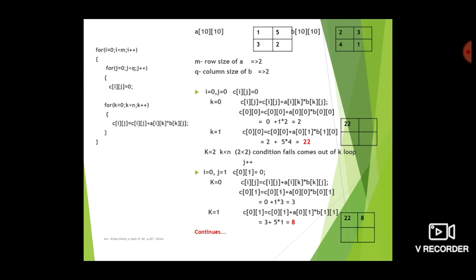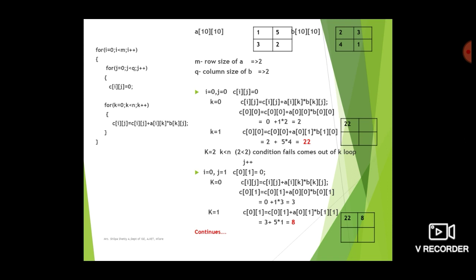This is easier. The i, j, k order will remain the same, but the conditions are: number of rows, so m, number of columns in second, so q, and the third one is the total number of multiplications, which is either n or p, since n and p are equal. So k is equal to 0, k less than n, k plus plus.